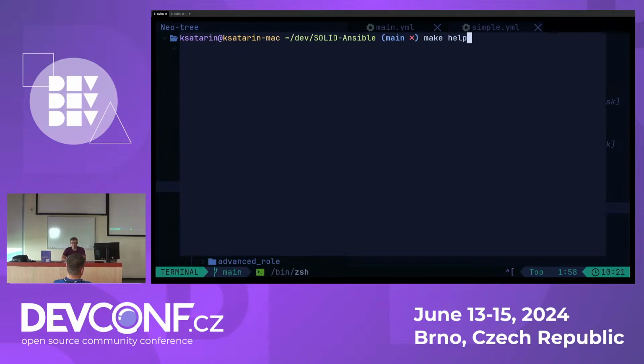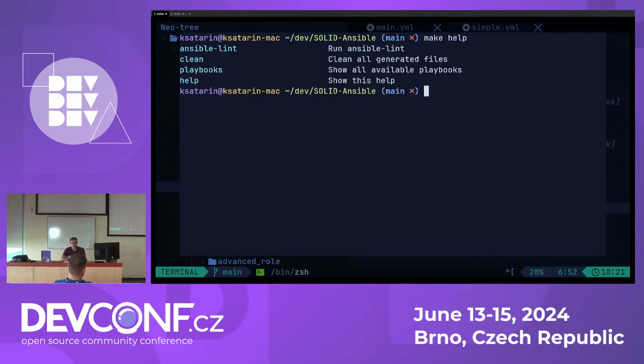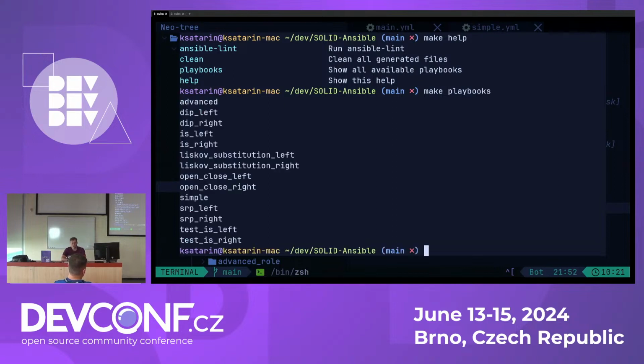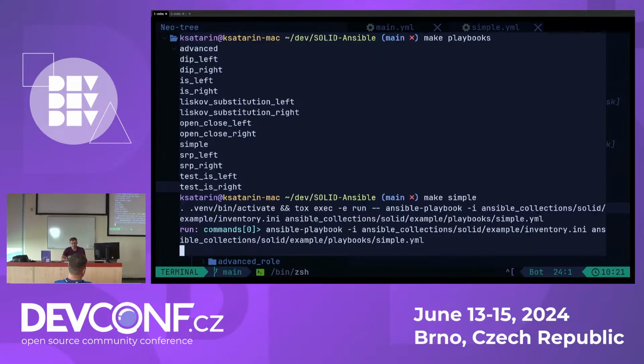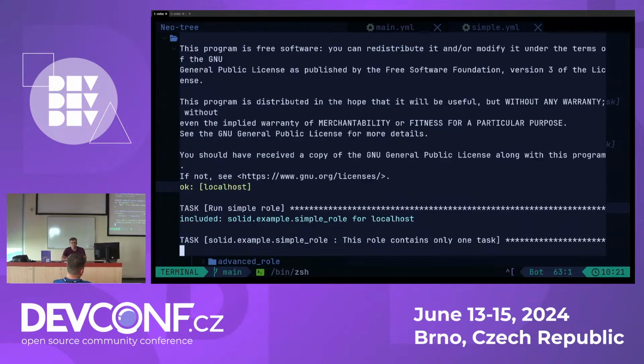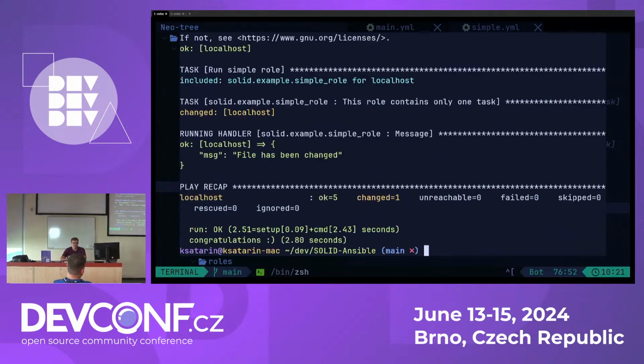So how it all works, you just run make help, make playbooks. These are all playbooks which are available, and we will be running each and every one of these playbooks one by one. So make simple will run the simple playbook. It will take care of all the Ansible dependencies and so on. So this is what we did. We just